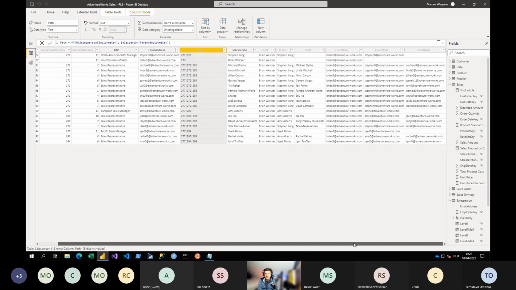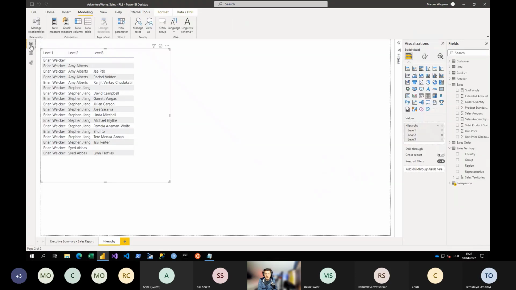I also have split the hierarchy level into separate columns where you can see the email address for each of these levels, and it's much faster to check all these 3 columns instead of making a path contains query on this path column. So you get the same result. I will show you when we use the hierarchy by roles